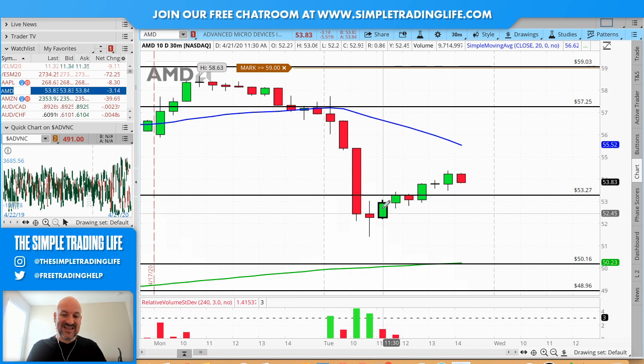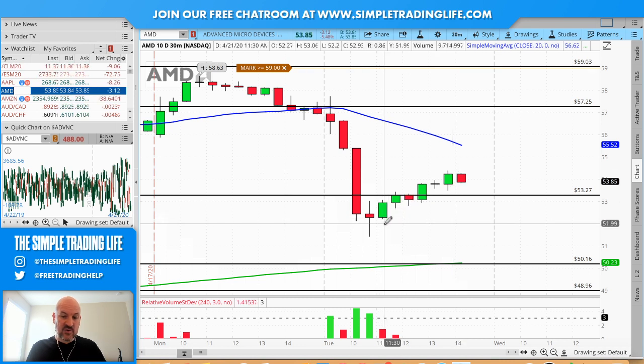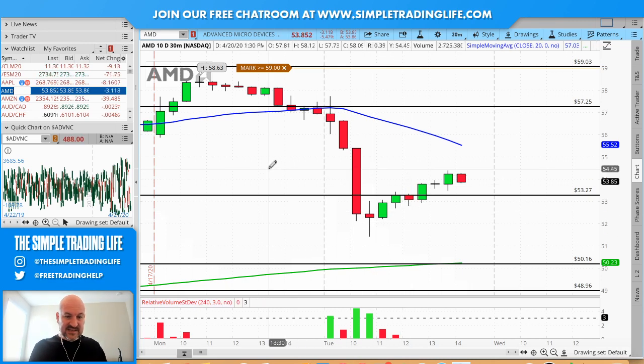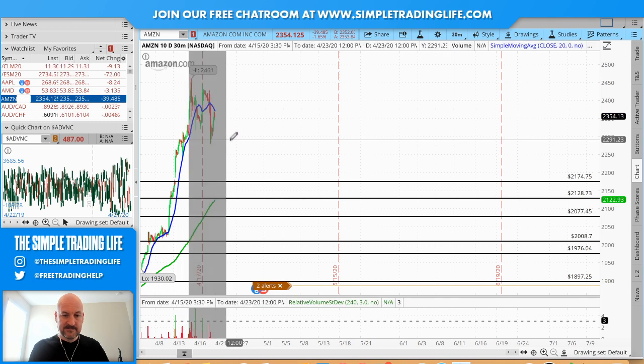Then when you see that this is what happened next, you start looking for some possible upside. If this next candle was red and came down near the bottom of this, or even took it out, then there's more potential downside coming. All right, I hope that's easy for everybody to understand. Okay, Amazon.